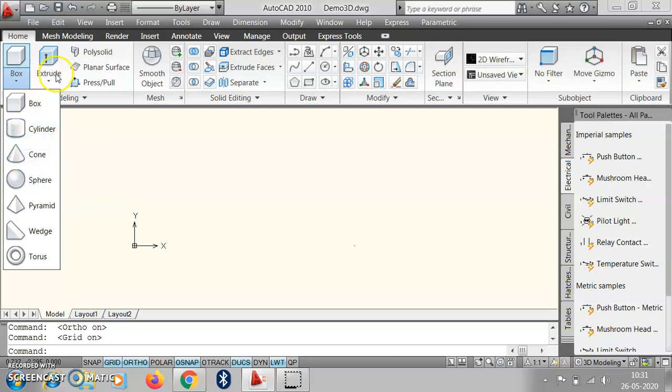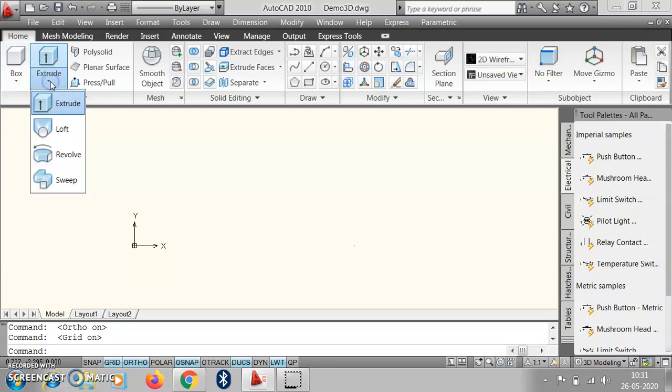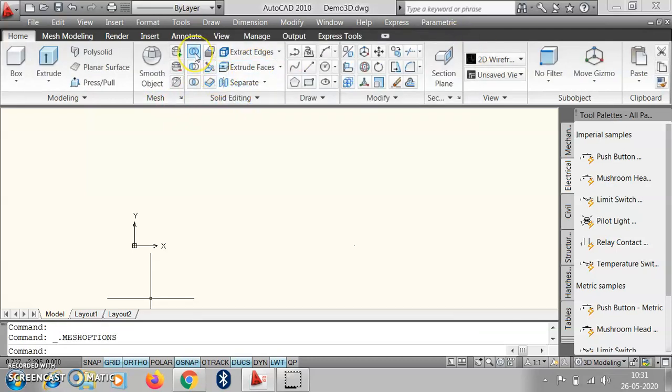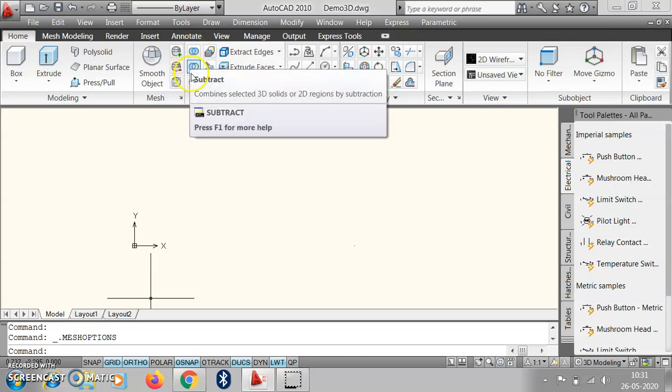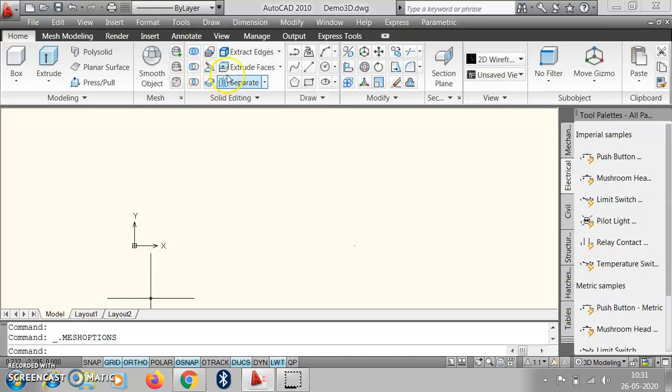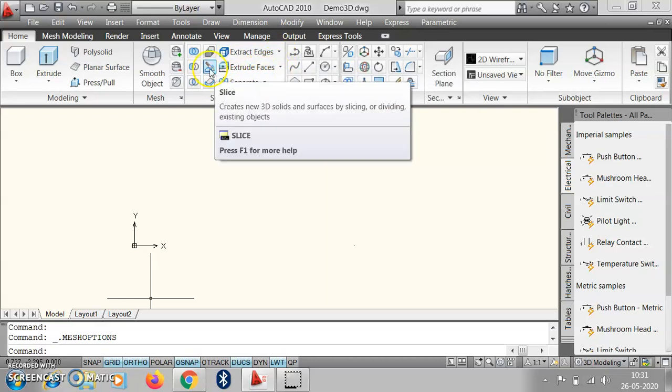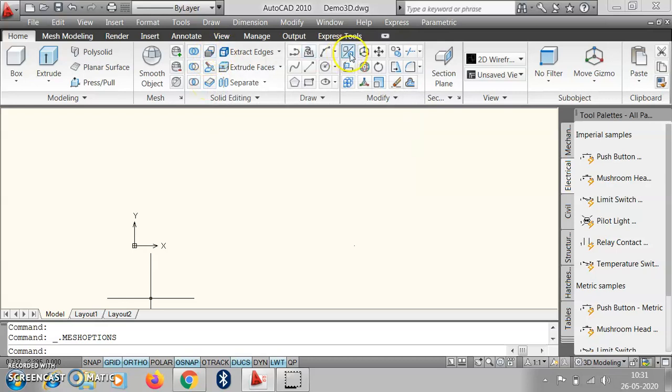Then there is the extrude command. So extrude, loft, revolve, sweep, then polysolid, planar surfaces, press pull, smooth object, then mesh, where different types of settings are required, then union, subtract, intersect, extract edges, extrude faces, slice, thicken, and these are the 3D toolbars.